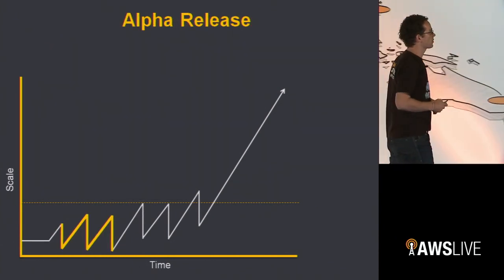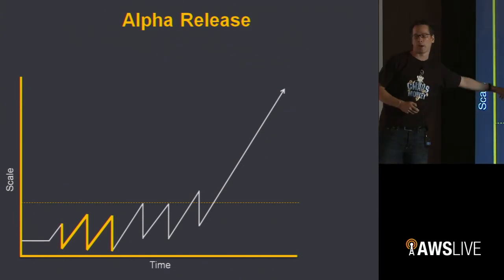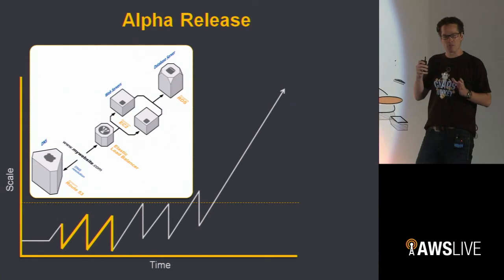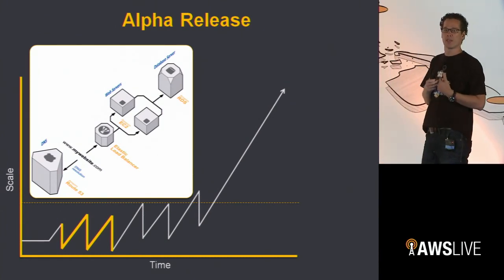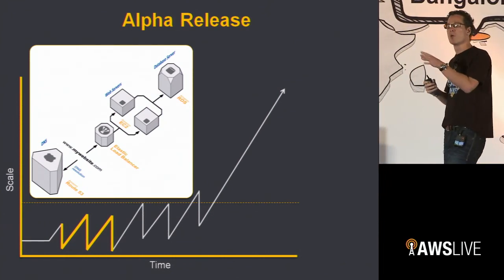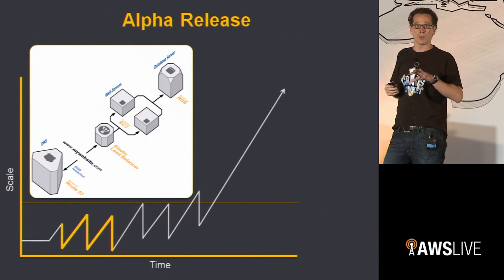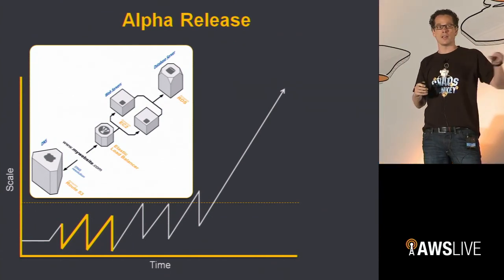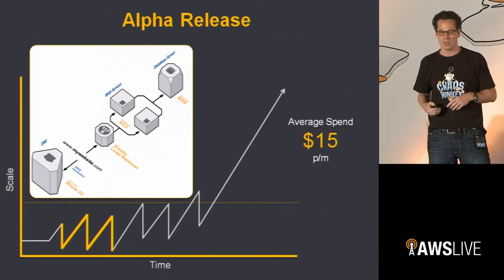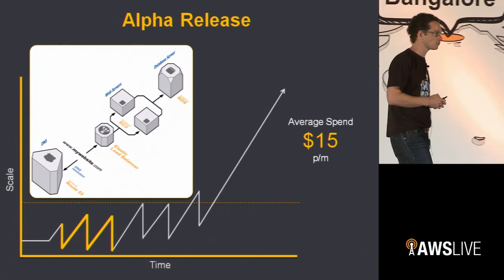Let's say you take it to the next step. You go to your alpha release. You see at the bottom, you move up down the timeline. Roughly same architecture, but now I might have some internal people testing it. We do some load testing on it. Let's say we move from 1 to 2 EC2 instances. Cost per month for that period around alpha release and for testing your applications a number of times, about $15 a month. Still not really breaking the bank.